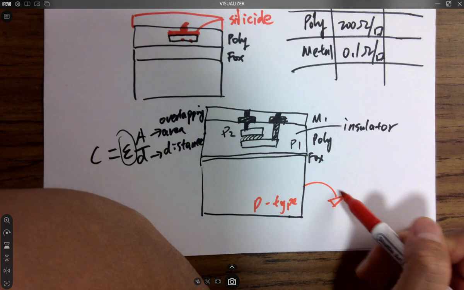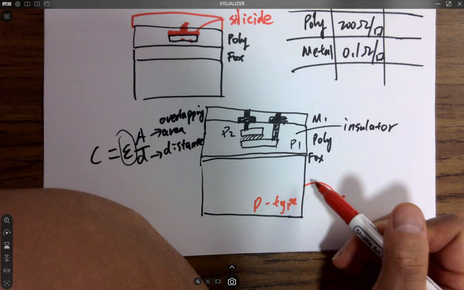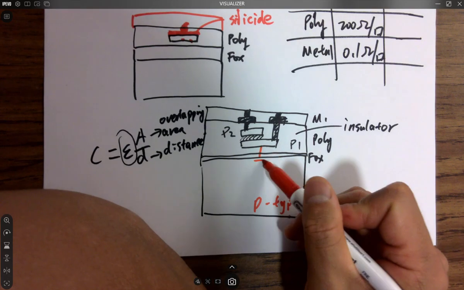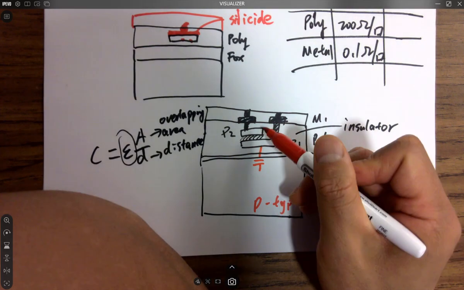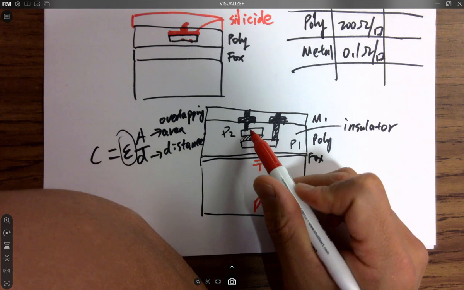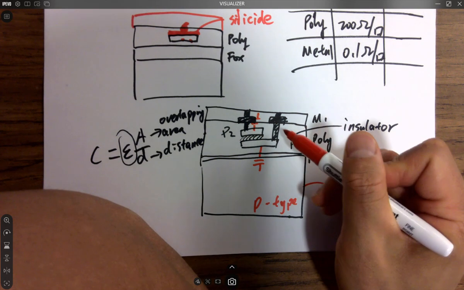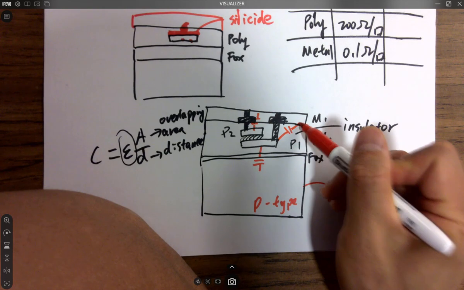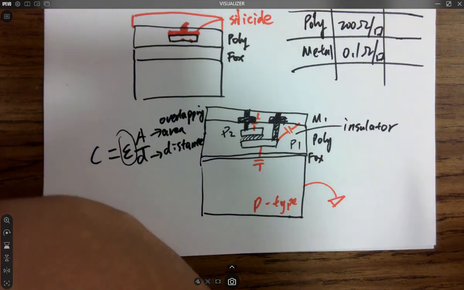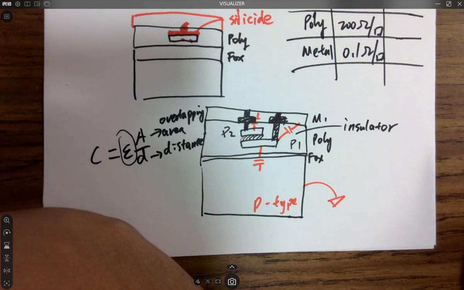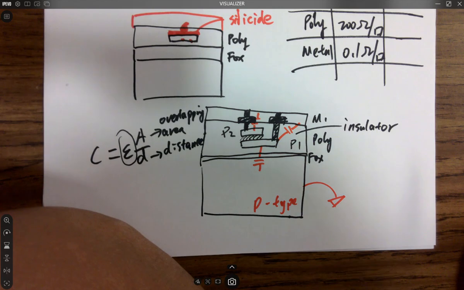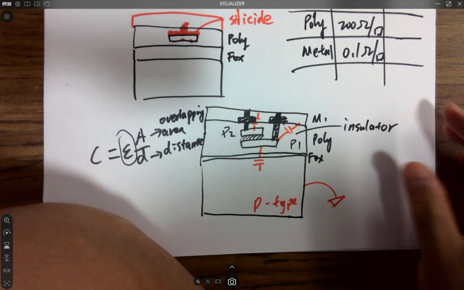If you consider the ground as another metal connection, there are parasitic capacitances between this and this, and also metal 1 to metal 2, whatever. These are all existing physical capacitances that are undesired. Sometimes they introduce errors,